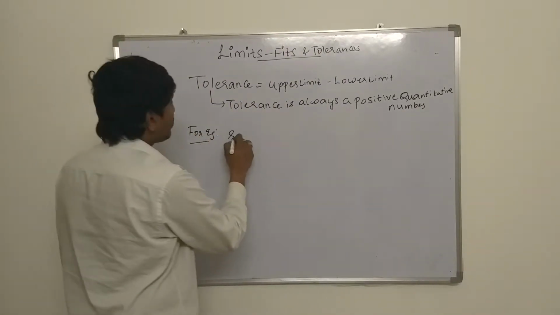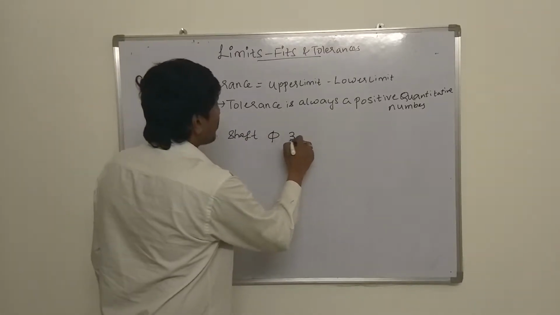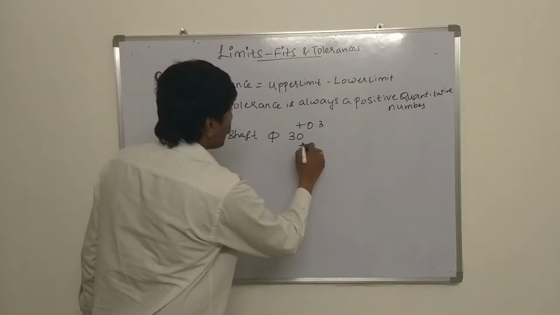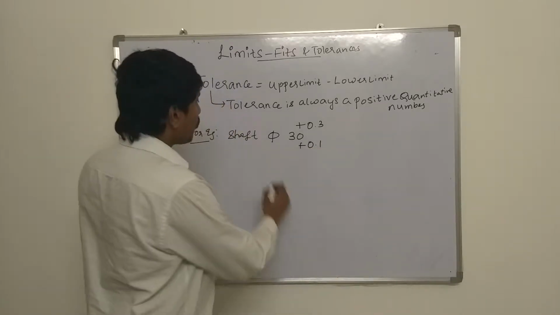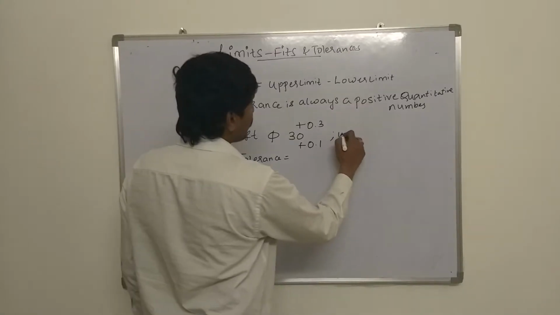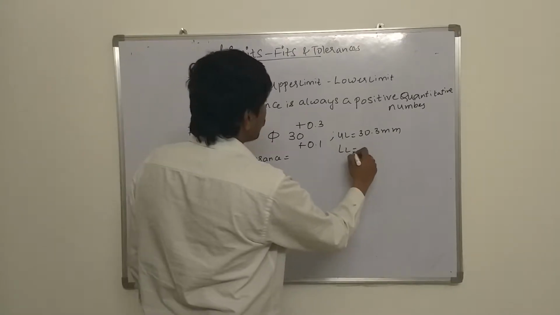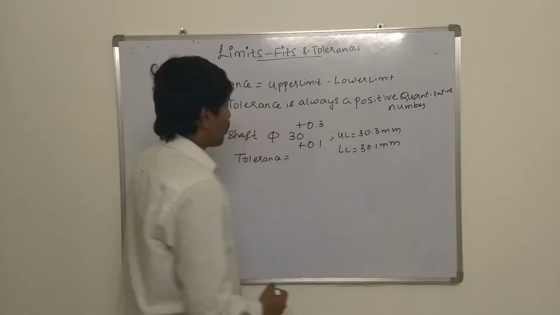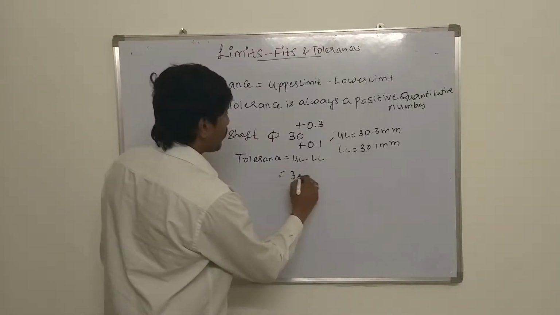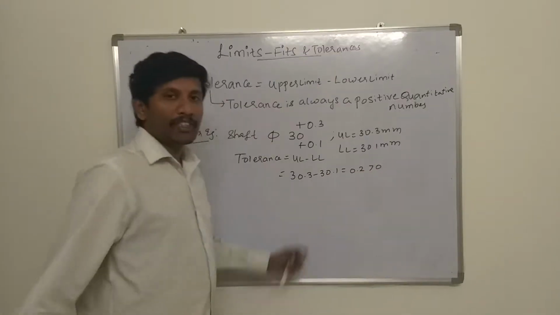For example, if you take a shaft of diameter 30 mm basic size, plus 0.3 is the upper deviation and plus 0.1 is the lower deviation. Now tolerance is equal to, what is the upper limit here? It is 30.3 mm. Lower limit is 30.1 mm. So tolerance is upper limit minus lower limit, 30.3 minus 30.1, equal to 0.2, which is greater than 0, a positive